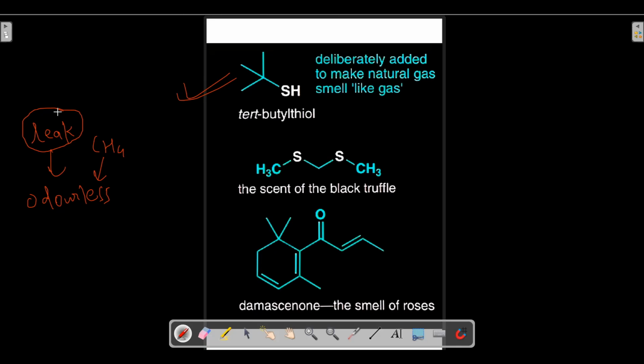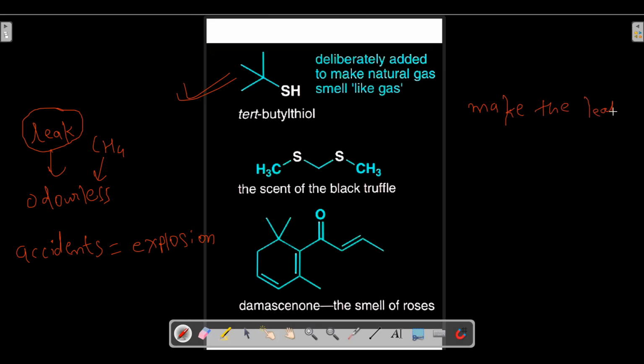And if we are not able to detect the leak of the gas, it can cause accidents like explosion. So such accidents can happen. So in order to avoid such accidents, and to make the leak detectable,